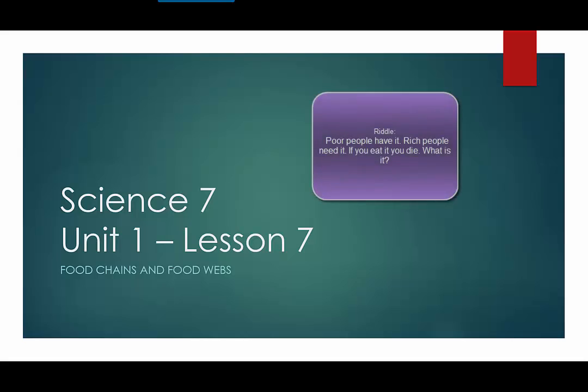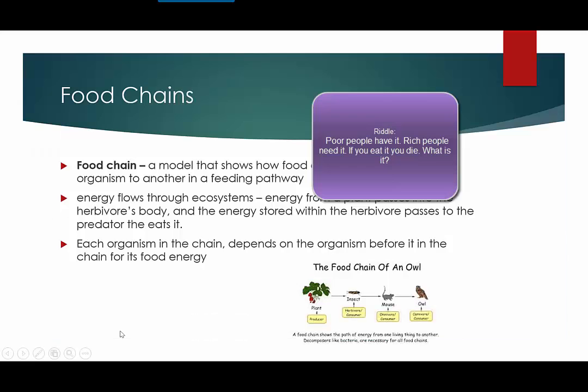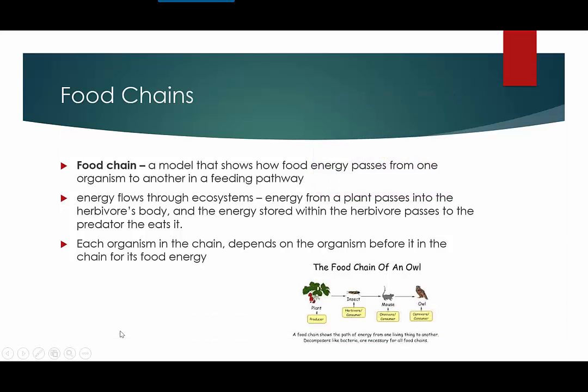Okay, welcome to Lesson 7 in Chapter 2, Food Chains and Food Webs. So a food chain is a model that shows how food energy passes from one organism to another in a feeding pathway. We talked in the last lesson about how energy flows through ecosystems and that energy from a plant passes into the herbivore's body, and when that happens, that energy stored within the herbivore passes to the predator that eats it. So each organism in the chain depends on the organism before it in the food chain for its food